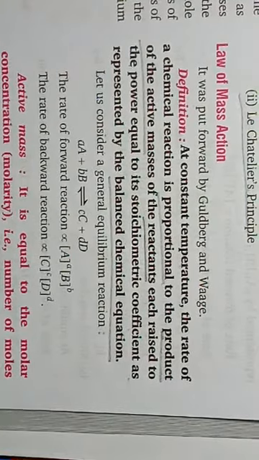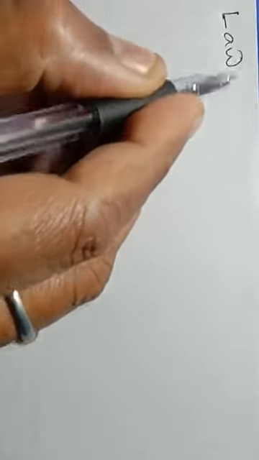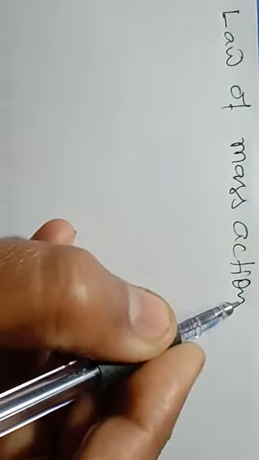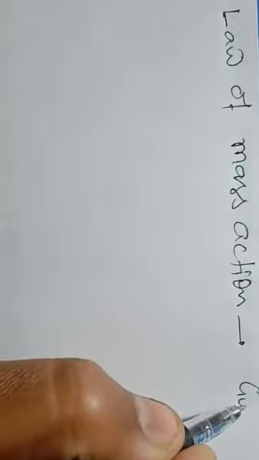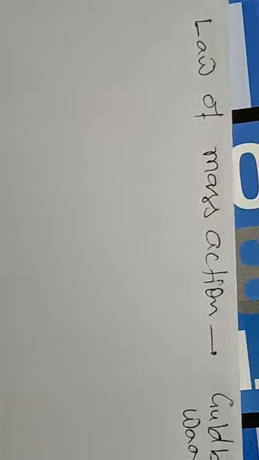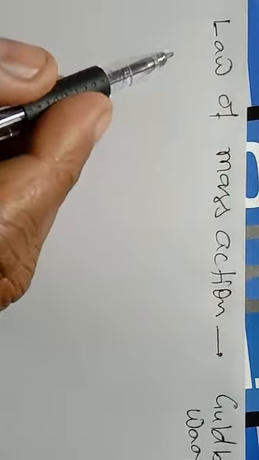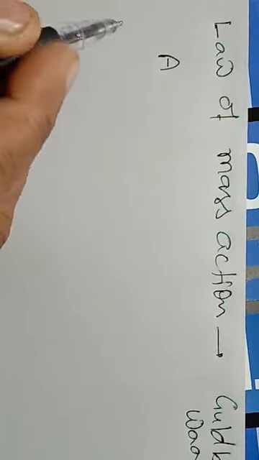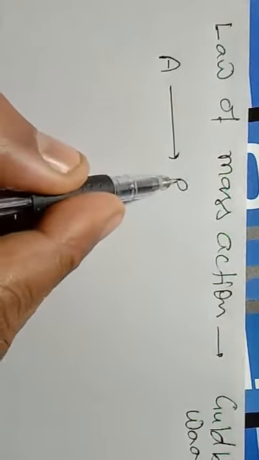Okay students, so the law of mass action. This law is given by Goldberg and Waage. Two scientists were there, Goldberg and Waage. So according to this law, if A is any reactant and it is forming product,